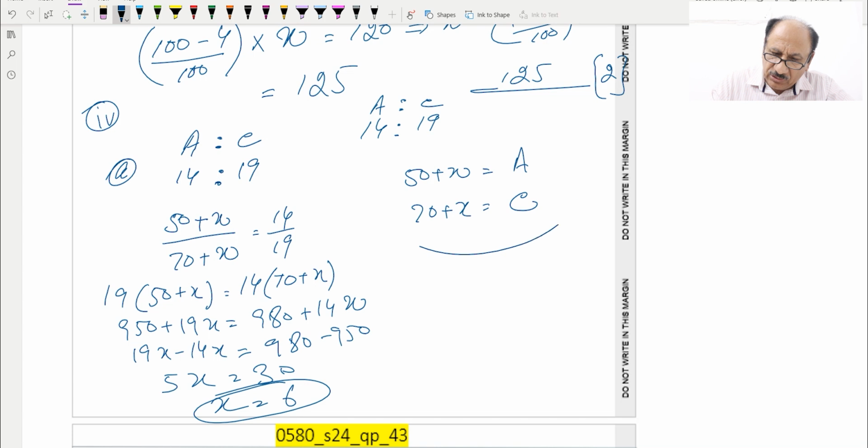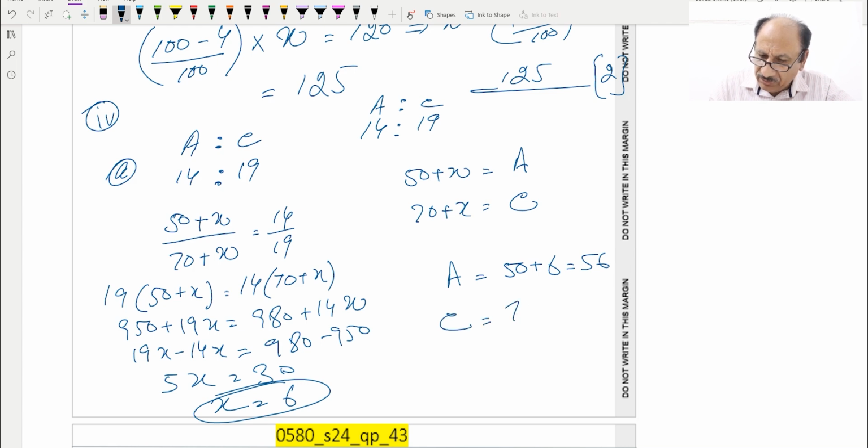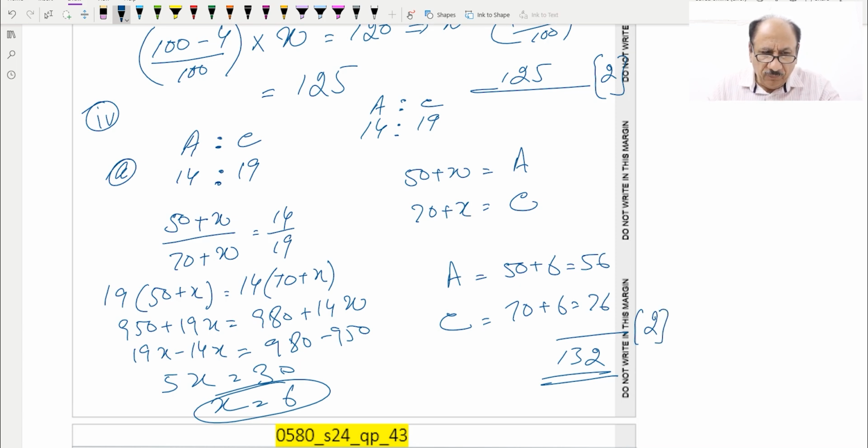Now this is x is equal to 6. So in this one, we will be replacing x is equal to 6. So we will get adult will be equal to 50 plus 6, which is equal to 56, and child number will be 70 plus 6, which is equal to 76, and this will be the answer, and this is adding up to 132. This will be the number. Hopefully you understand this, and this is a 2 marks question which we have done. Now we can move